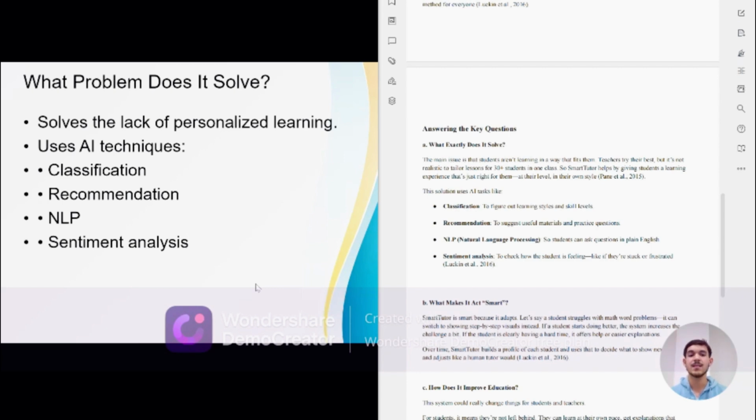Semantic analysis checks the students' feelings, like if they are feeling good, feeling happy, or feeling frustrated about the lessons. So this AI can check the feelings of the students.